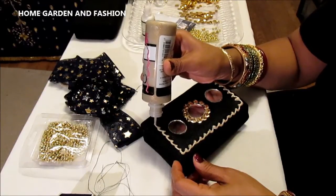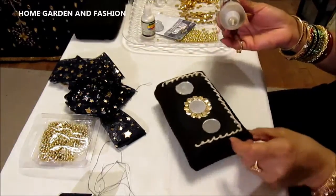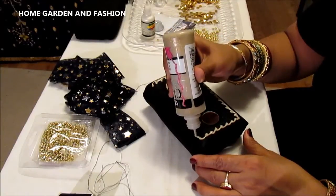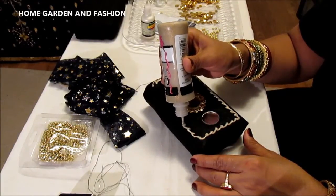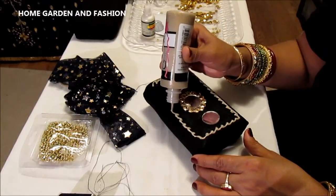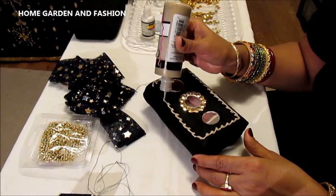And another thing, once this is done, lay it flat for 4 hours. In 4 hours this will be dry, and after that it will be permanent. And if you make 2 of these, put one on both the sides, and in the middle, go back to my